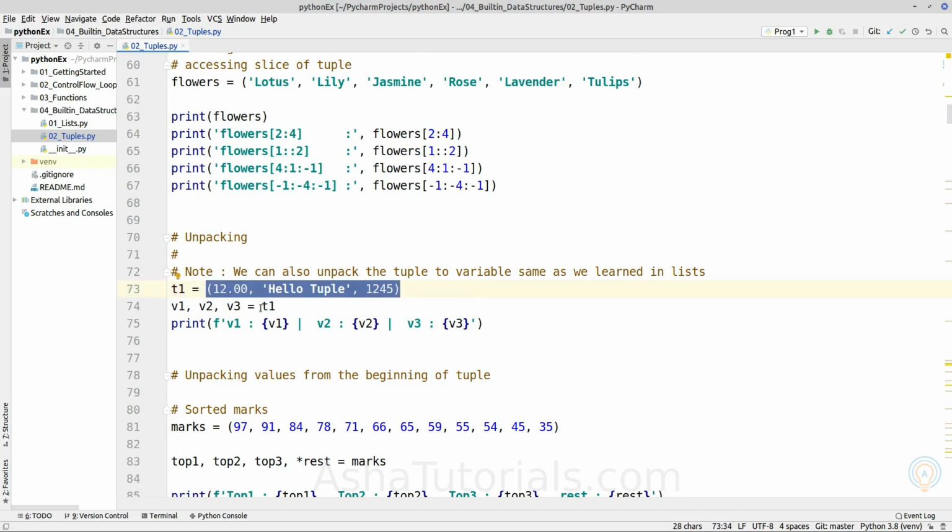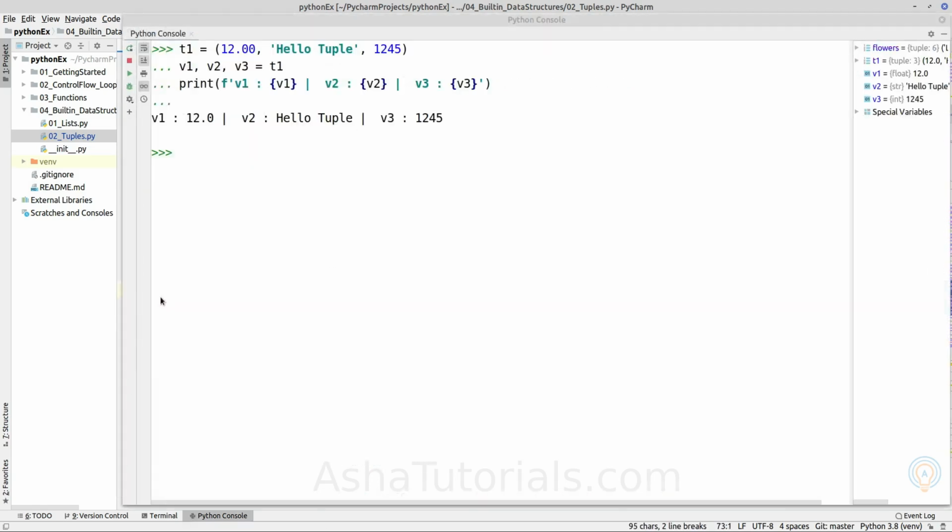So if we are assigning a tuple object to the same number of variables as the number of elements inside the tuple object, it will assign the elements inside the tuple object to the variables. So the first element is assigned to the first variable and so on. So if we print the individual variables, they will contain those values. As we can see here, a tuple object is unpacked into multiple variables.